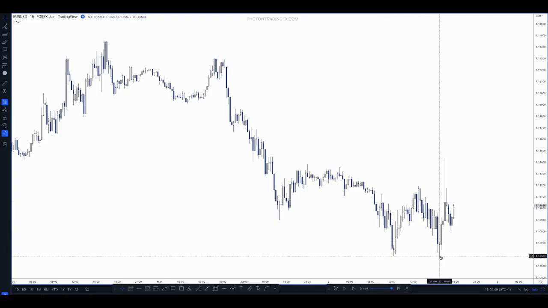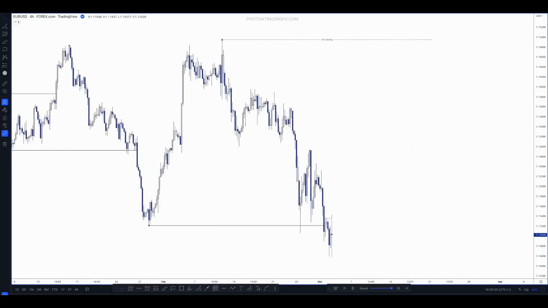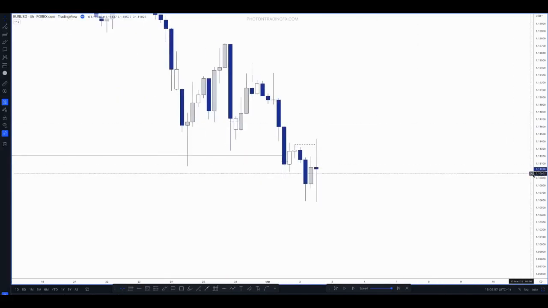No, we took the low first and then the high. So we have had a bullish change of character there. So a bit of a messy one. So again, I'll quickly explain that. What happened in this instance is